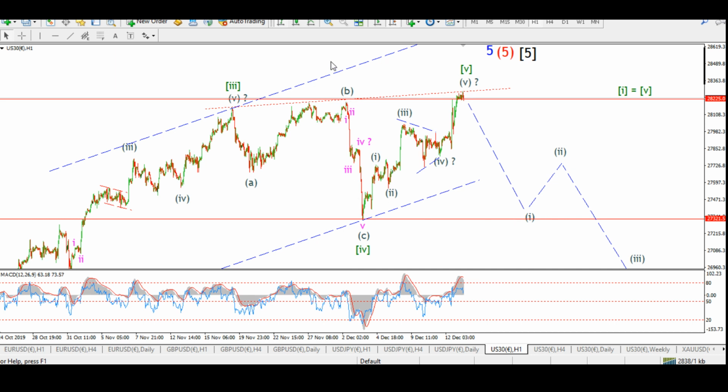I wasn't wrong about this being 5 waves down. It's a pretty decent 5 wave pattern to the downside. It just turned out that it was a C wave of wave 4 rather than wave 1 down, which I was expecting. But I think sooner rather than later, this market is going to turn down and it's going to shock